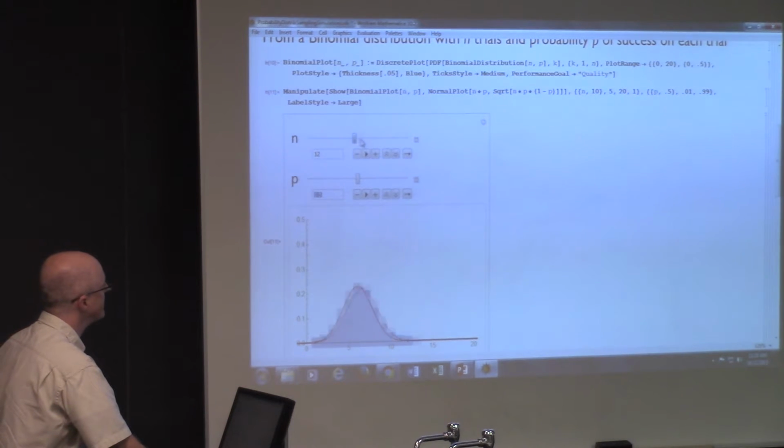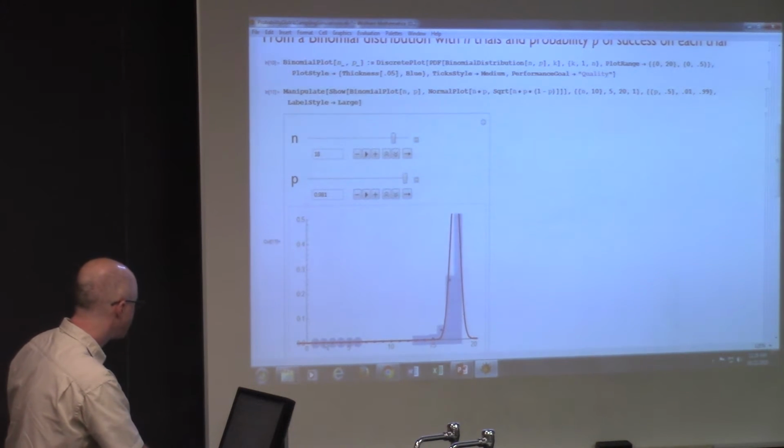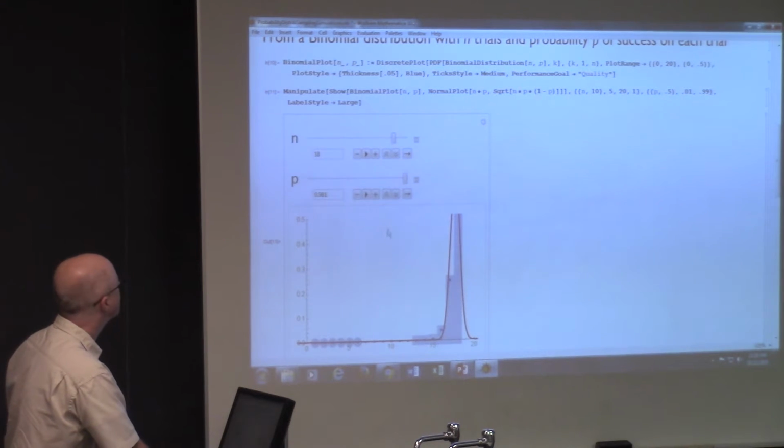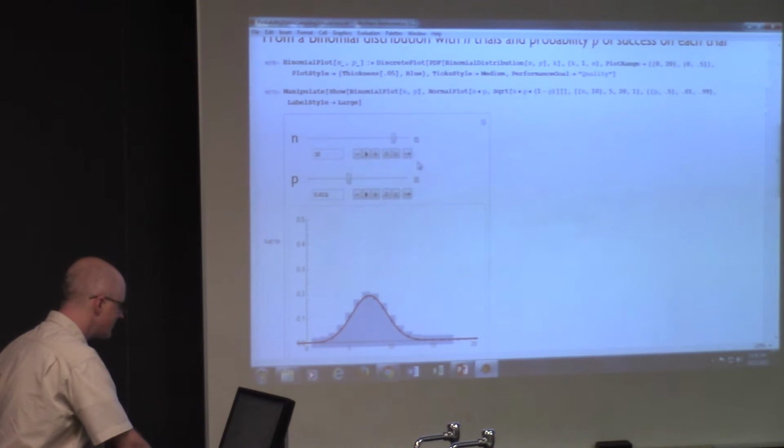I can change the value of N. I can change the probability of success. It's not always well modeled by a normal, because that's a very left-skewed distribution now when P is high. The normal curve's doing okay when you're close to high values, but not so well for low values. And by the way, I'm not sure why it's making these disks down here and just dots in here. I'm not sure why this is not graphing as well as you might hope.